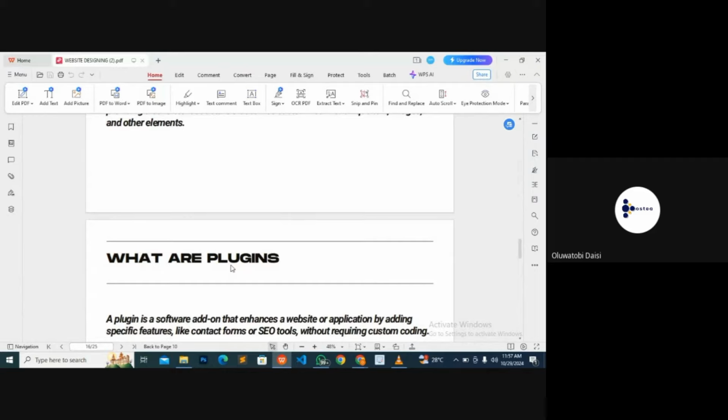Do we always have to make use of a paid theme? Anytime we want to build a website, do we have to purchase? Do we have to buy themes? Some of you have gone to Envato, you have heard the prices they sell themes at there. Do I need $50 to create a website? Do I need $50 to always buy a theme? How do I go about that? We'll look into that. What about my template? Where do I get it from? We'll look into that. Then how do I begin to edit my website from one page to the other? We'll look into that step by step, and then we'll see how God helps us.